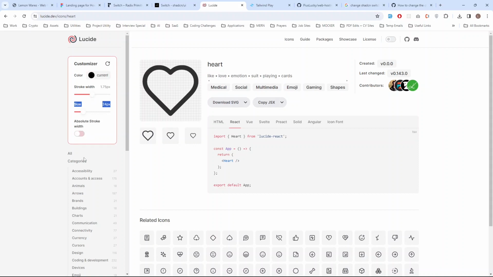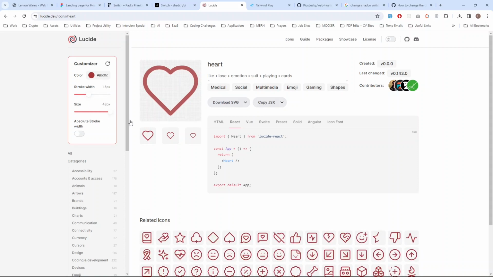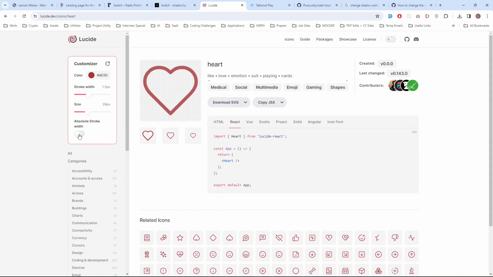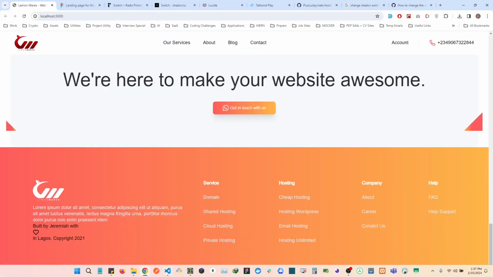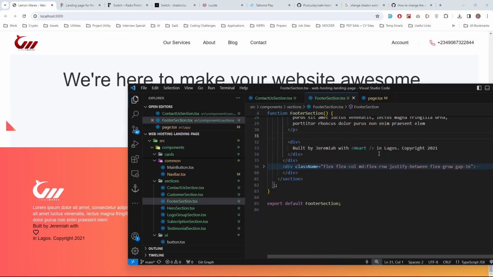Current access stroke width. I'm looking for one thing. So the color has to be whatever, so we'll specify that. This is stroke width. This is size and how big it's going to be. Okay, so let's have that first. Worry about the other part later. Okay, we'll do white and